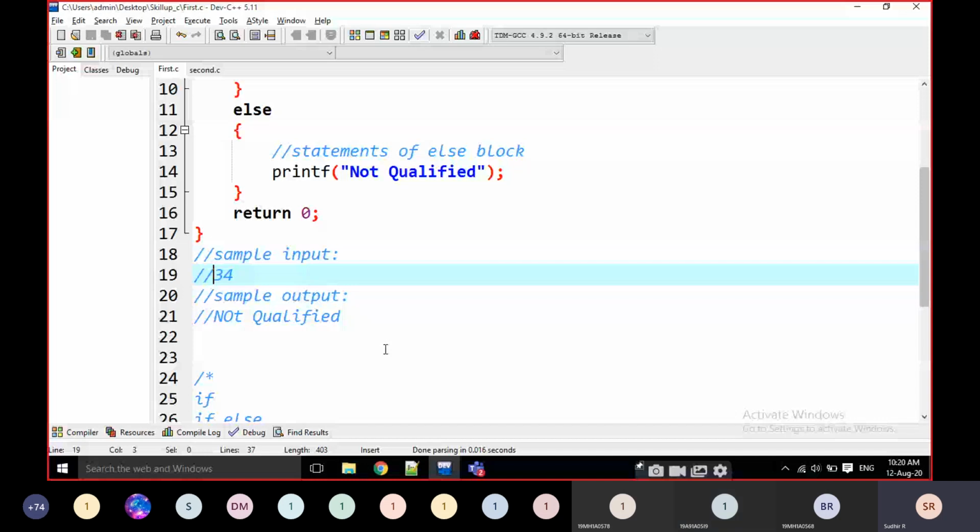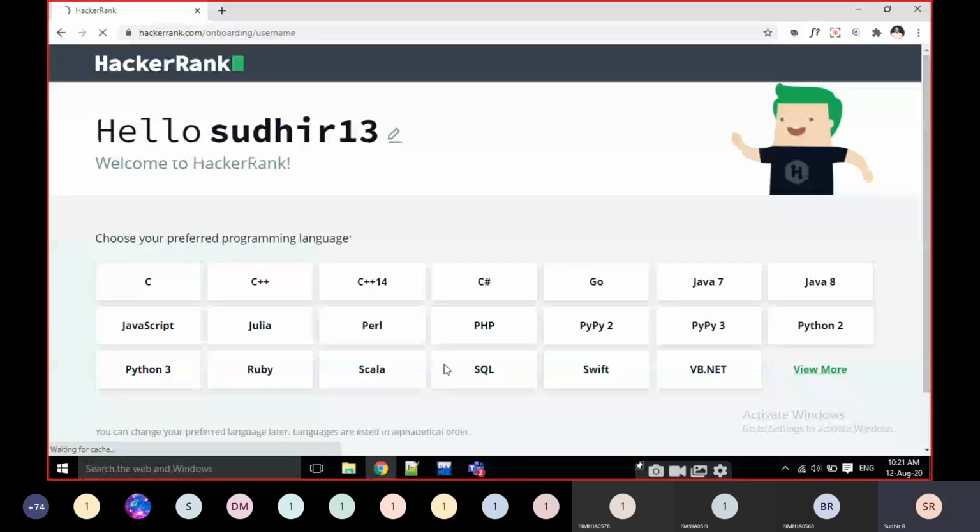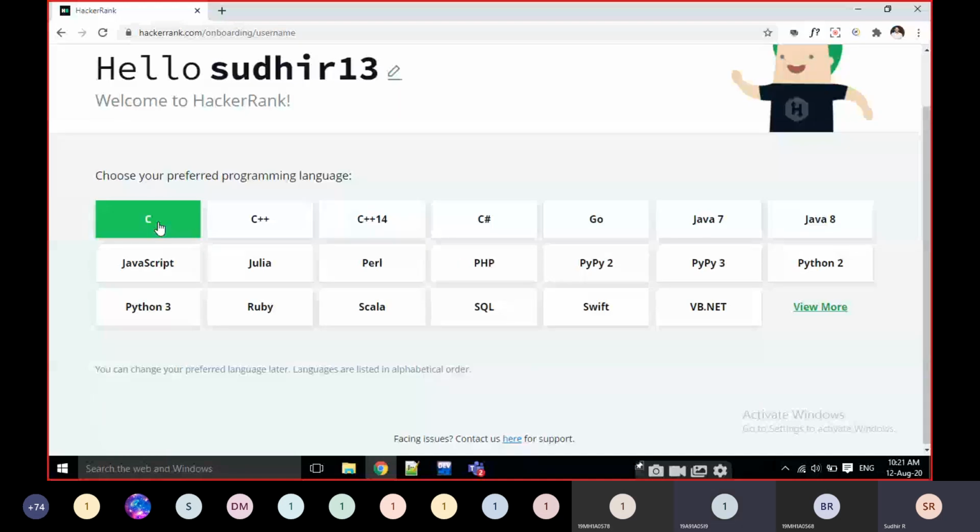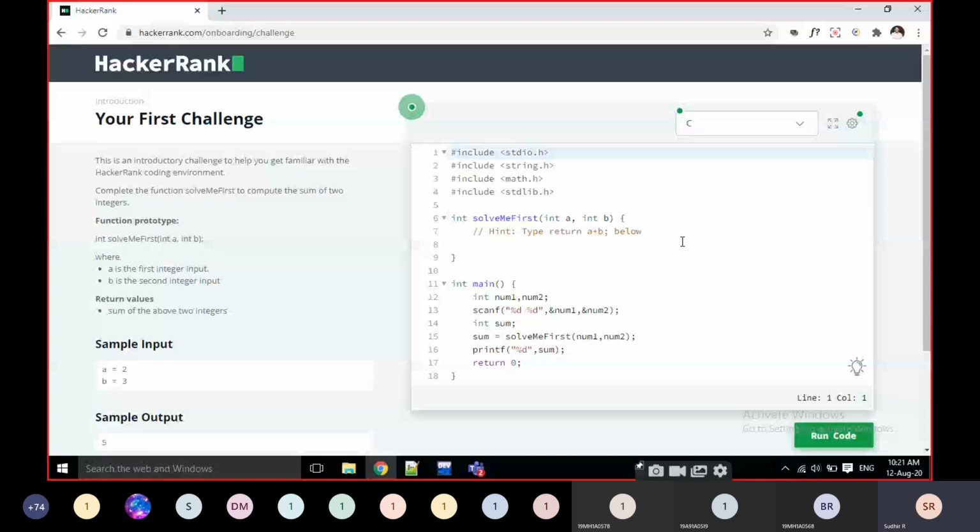Okay, just wait. Now I'm going to click here on Google and create a HackerRank account. First of all, if you are a fresher and opening HackerRank for the first time, it asks you to choose your preferred language. You have to prefer C language here. It gives a small test here. It is asking something like this. Just write what I am writing.